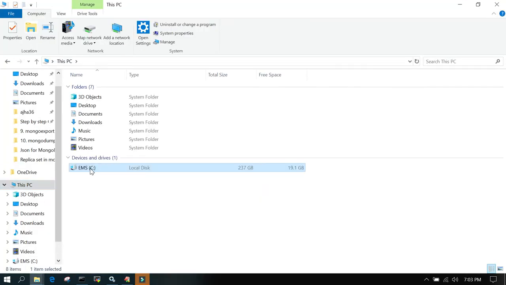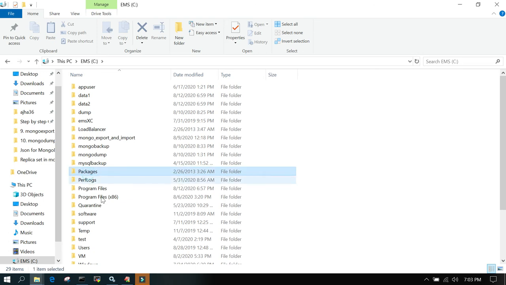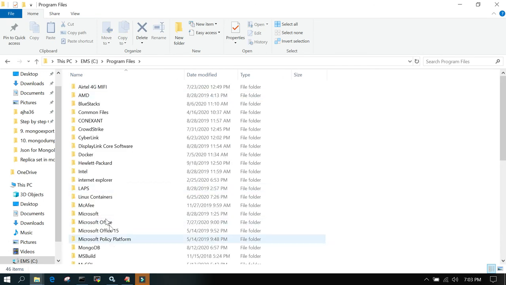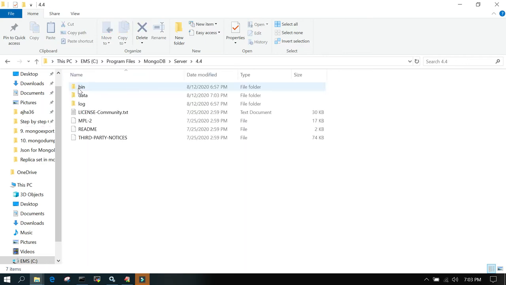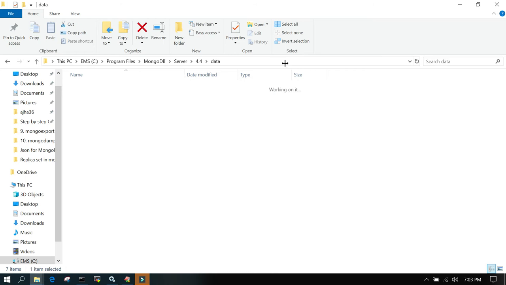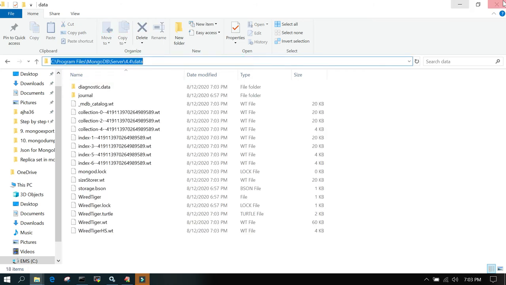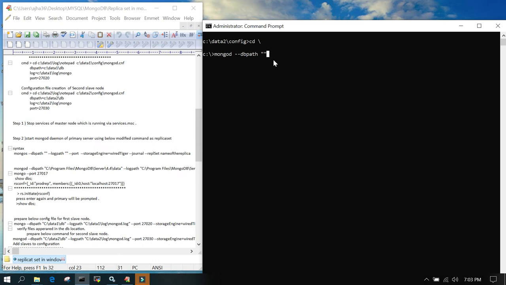Go to C drive, program files, MongoDB server 4.4 data. This is my location for the data files. So just put this over here. And then we will give --logpath, single quote. Instead of data, we'll say log slash mongodb.log,